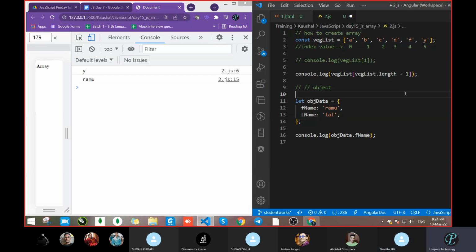But when anybody asks you how you can access data from an object, how can we access? With the help of key.